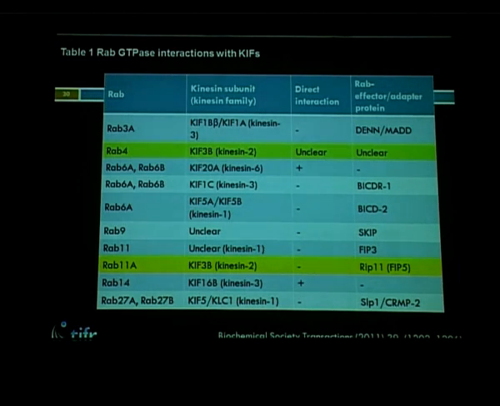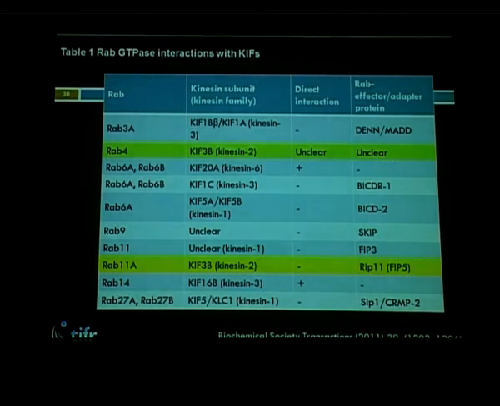And there was one RAB which attracted our attention, and that was RAB4, which was shown to bind to KIF3B, which is one of the kinesin 2 motor homologs in mice and humans. And in our case, this would be called KLP64D in Drosophila. But how exactly it interacts was not very clear. This interaction was shown to play a role in moving late endosomal vesicles in the cells after endocytosis.